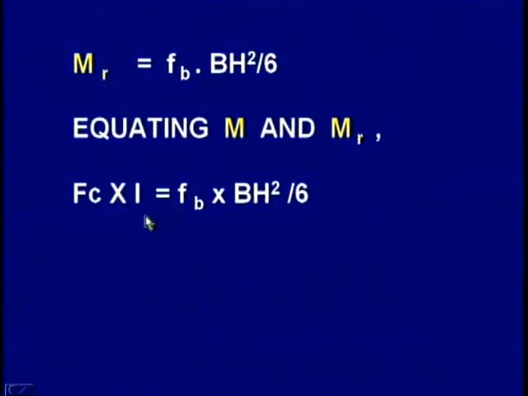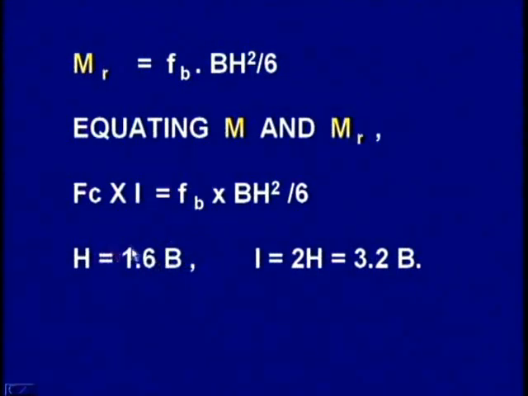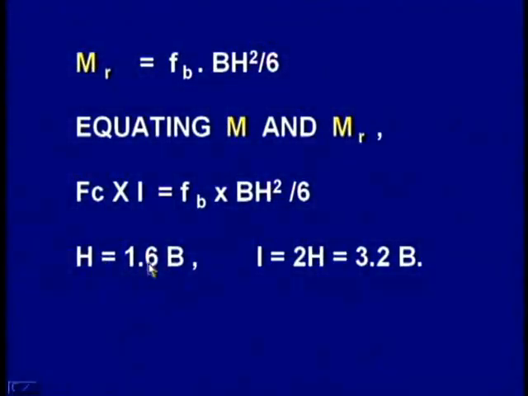So by equating these two values and by properly taking the proportional values of H, B and L, because cutting tools are available both in square cross section as well as rectangular cross sections. Square cross section means the height and the breadth both will be equal, whereas in rectangular cross section you will have height different from the breadth B. So there is a definite proportion existing between the breadth, the height and the overhang arm length L. These are the generally taken proportions.